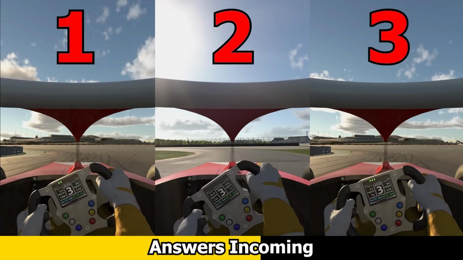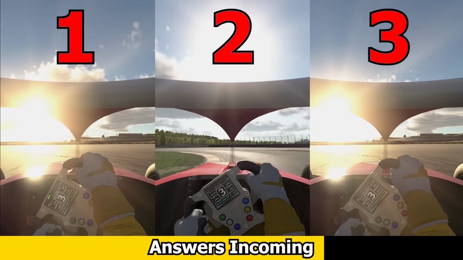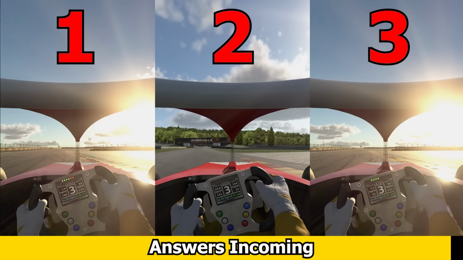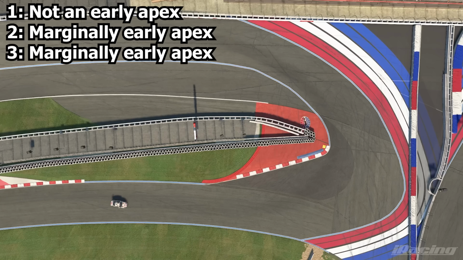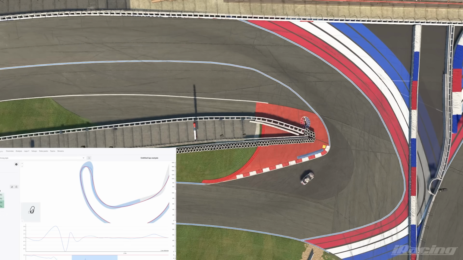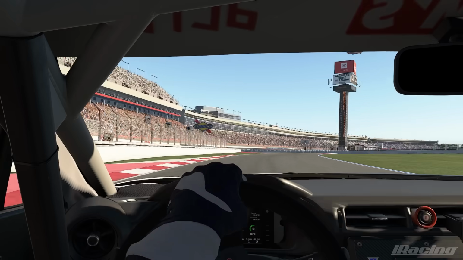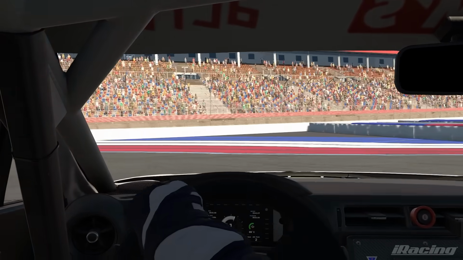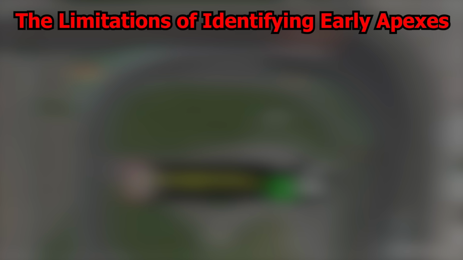Now update your answers and see how many you got right before you were thinking about the peak steering angle, and how many you got right after you were thinking about the peak steering angle. From above, and by looking at the data, it's clear to see when we're apexing too early, but the peak steering angle gives us a tool to identify this instantly in the moment while you're driving. So hopefully now you can see the potential of this technique, but we need to know how to take advantage of it to find lap time and learn corners more quickly, which starts by knowing the limitations of this technique,